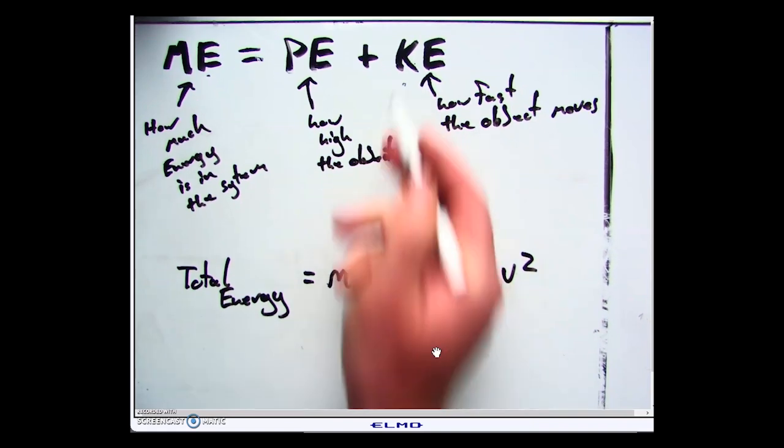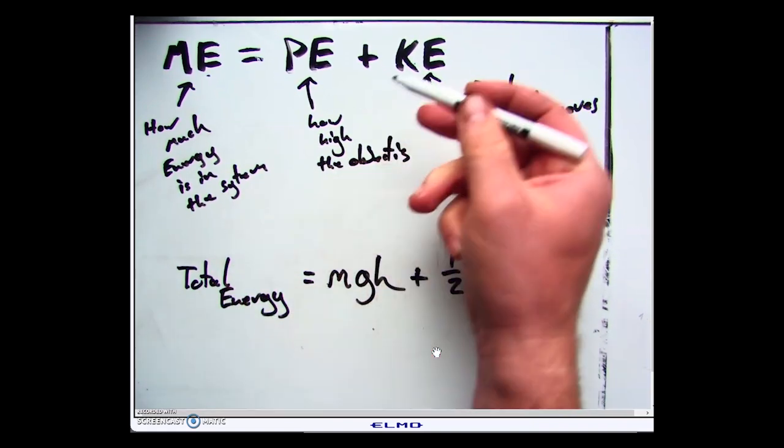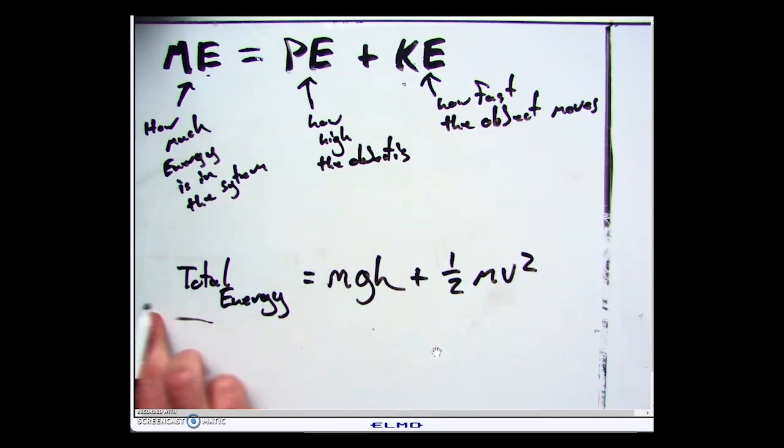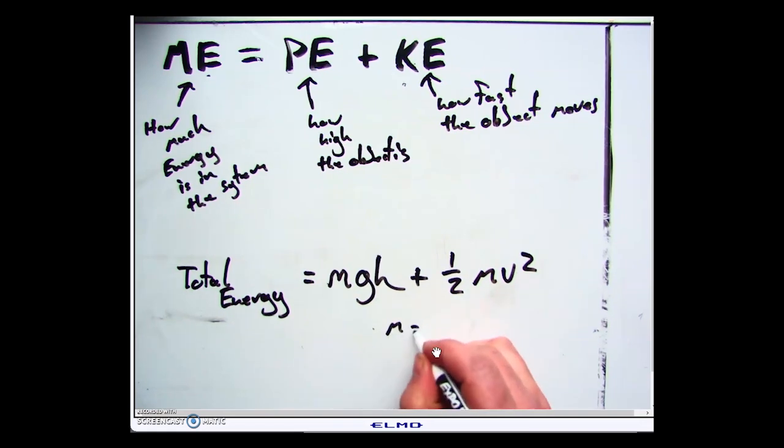And so these are exactly the same equations. We're just looking at symbols here, or we're looking at the use of variables here to go ahead and define our equation. So m is equal to